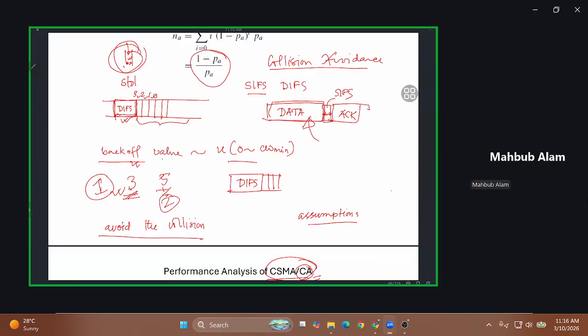So it will freeze the backoff operation. When this is frozen, the backoff counter value will be frozen at the value 2. And after the transmission, this